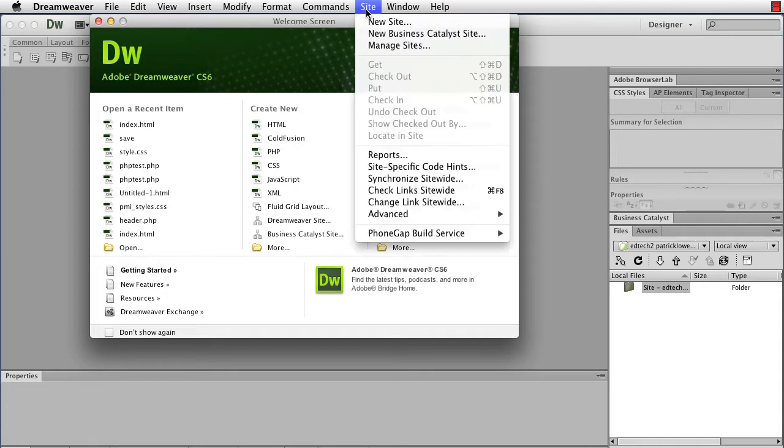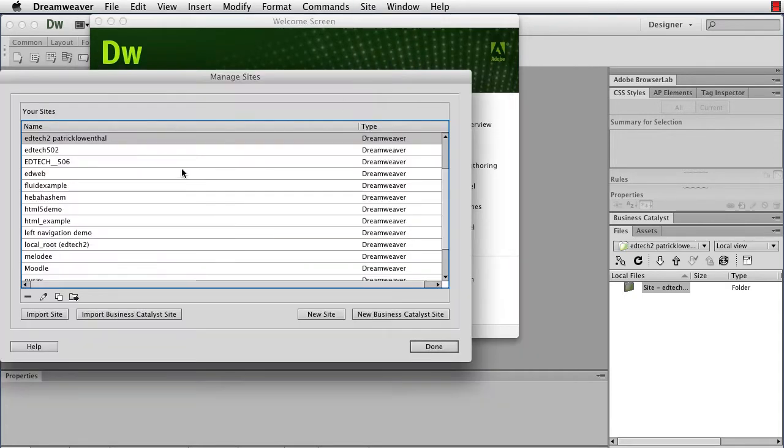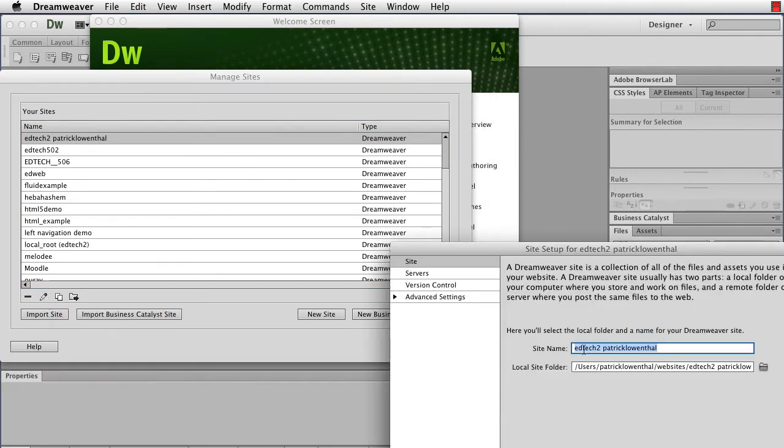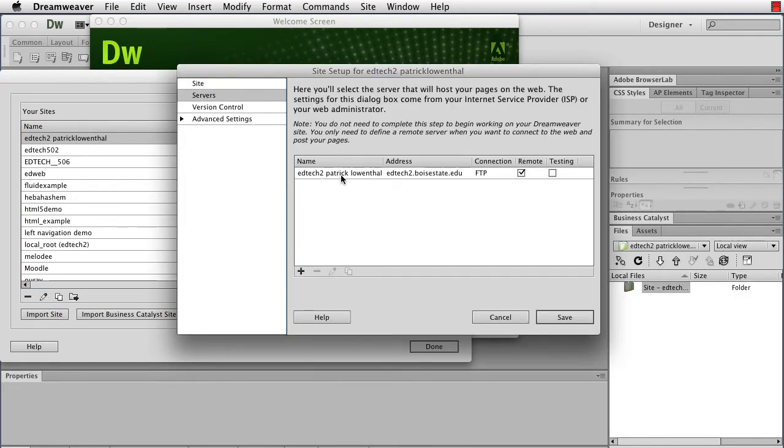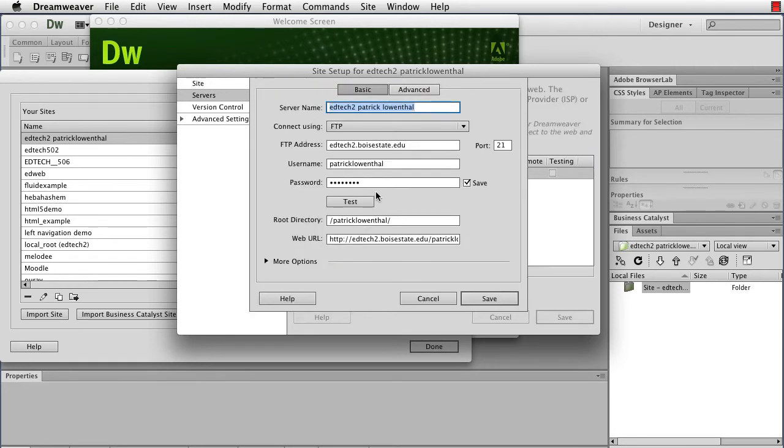So in Dreamweaver, I would simply go to my site, and then I go to Manage Sites, and I'm going to find my site right there that I want to update. I'm going to hit the pencil, make sure it's highlighted, hit the pencil. Then I'm going to click on servers, and you notice that it says FTP right now. I'm going to want that actually to say FTPES. So I'm going to click with it highlighted, going to click the pencil,